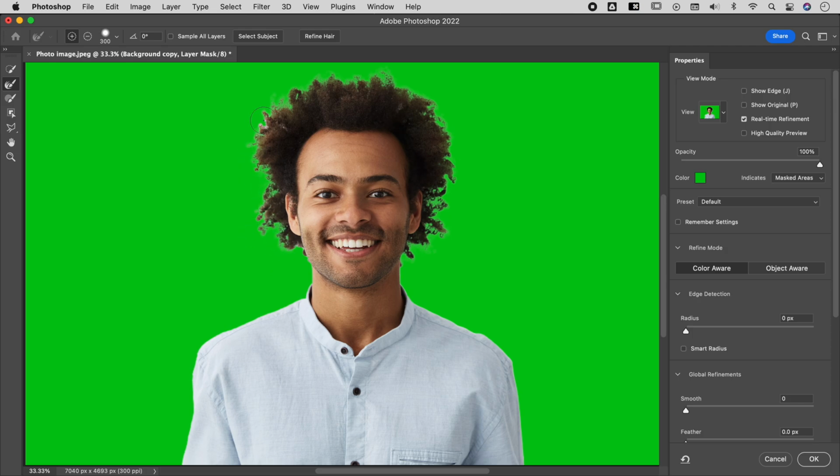Big caution with this: try to be really careful around hard areas like the skin there, and I can instantly see that I've made a mistake in doing that, which I'm going to try and fix up. And obviously if I run over the shirt, it's going to take chunks out of that, so I'm going to undo that. If you really do mess something up like that, my big suggestion is to use either the paintbrush or the lasso tool and just repaint in some areas,